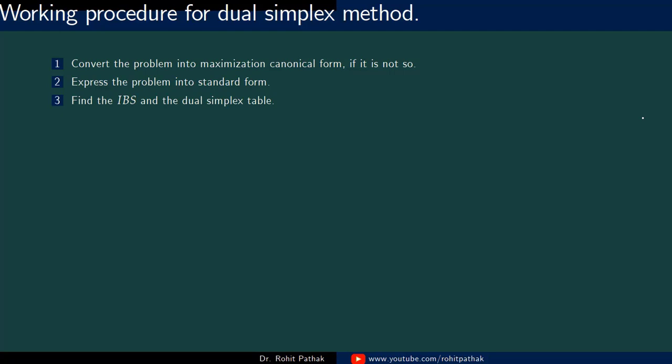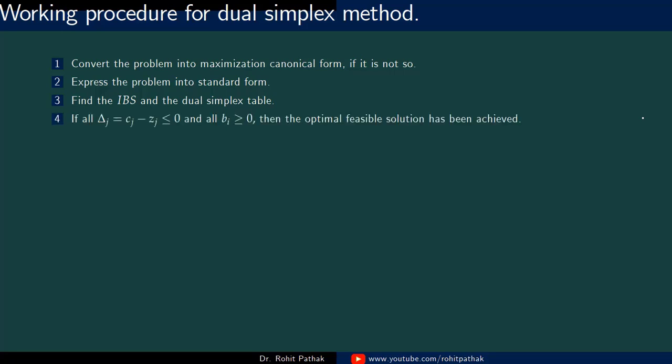Then find the initial basic solution and the dual simplex table. I am not saying initial basic feasible solution here, because if the solution is feasible, then there is no meaning in using the dual simplex method. The dual simplex method is used only when you find the initial basic solution to be infeasible. So find the initial basic solution and the dual simplex table. That means you find the simplex table.